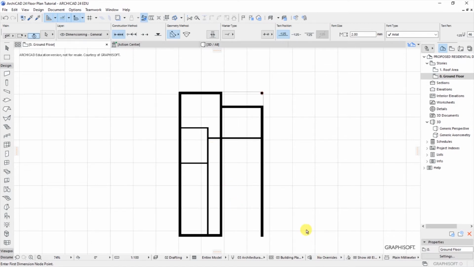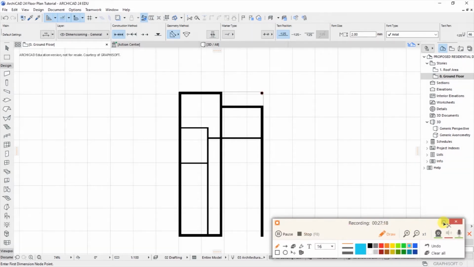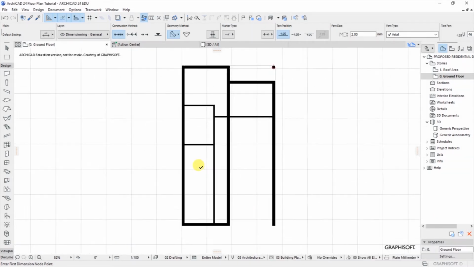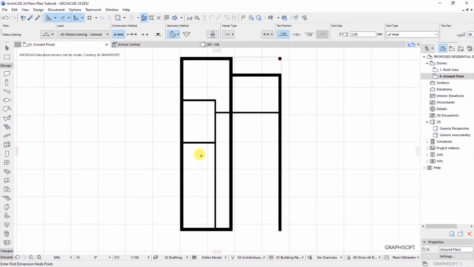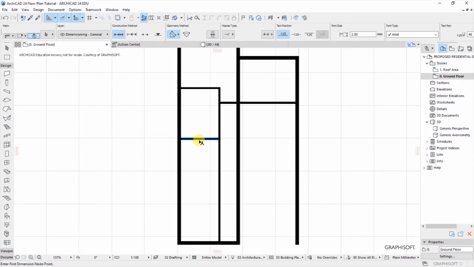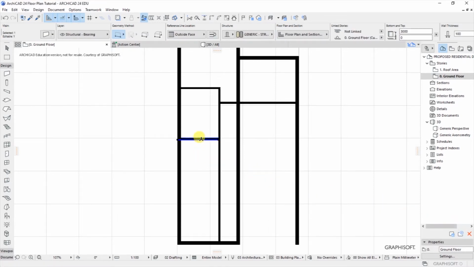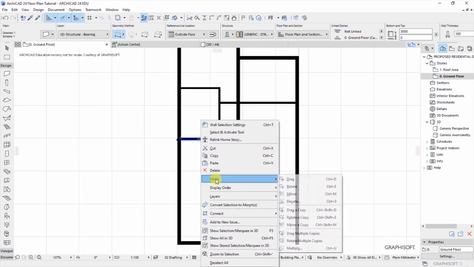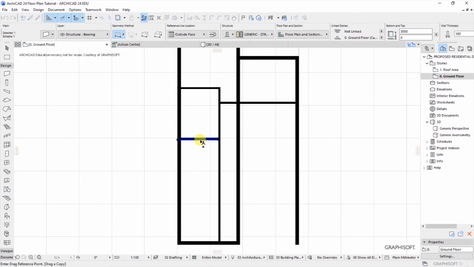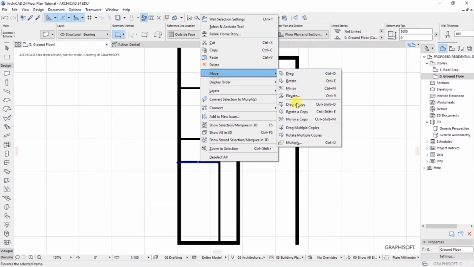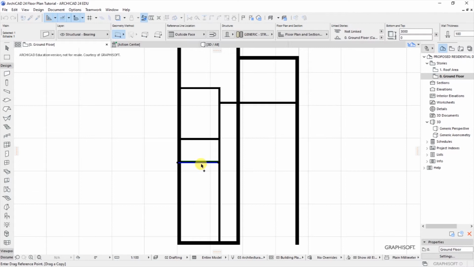The next option is for us to now be able to create the other room. So the spacing in between these two walls is 1.3 meters. So right click, drag a copy, I'll move it by 1400. I'll move the next also by 1400, and I will have created